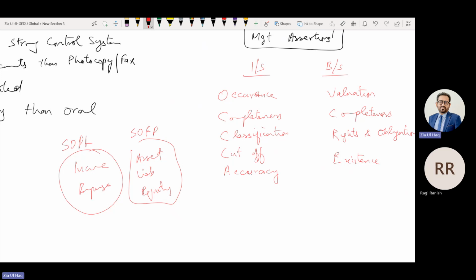Income, expenses we record in P&L, and equity, assets, liabilities we record in balance sheet. This means these assertions we need to verify for income and expenses.